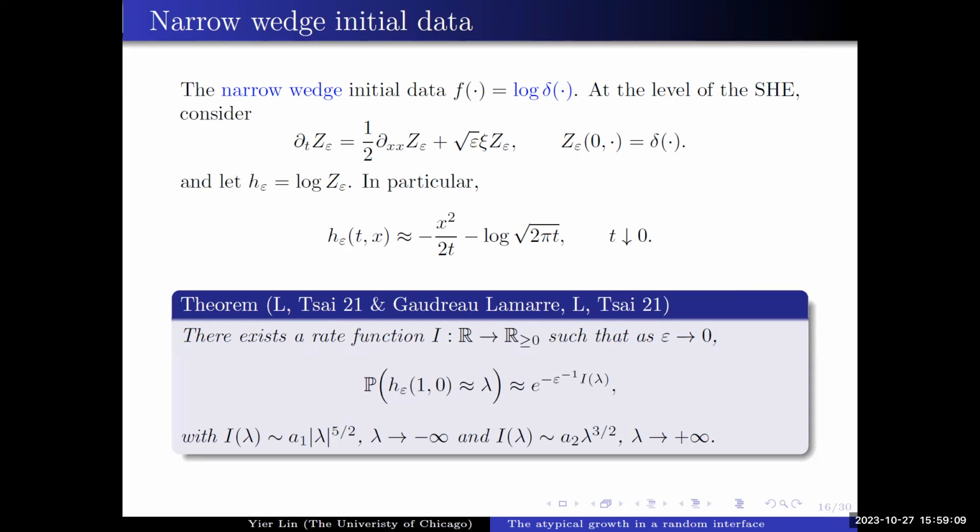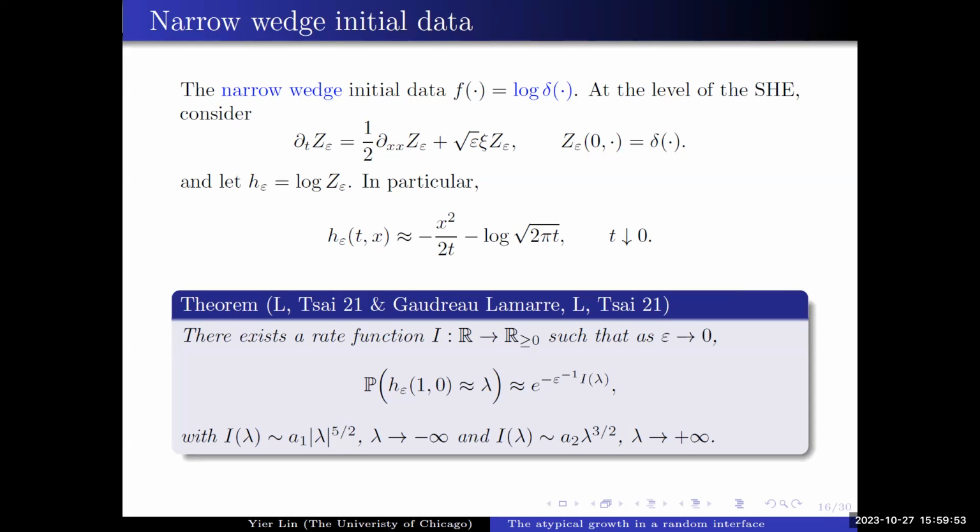And what we show is, again, when you look at this KPZ equation under this weak noise scaling, as you let epsilon go to 0, and now you only look at the one-point setting, okay, you will get some rate function. The rate function will take some variational form, but I'm not going to show you. The important thing is if you let lambda go to minus infinity, which is the lower tail regime, you will see this 5/2 tail exponent. And this result has been predicted by the physics literature of the weak noise theory. And what we have done is to prove it in a rigorous way.